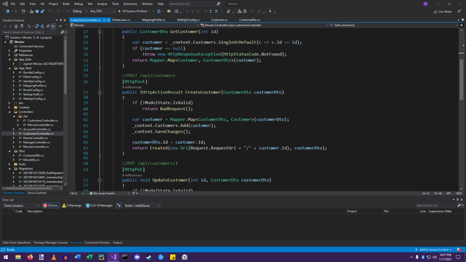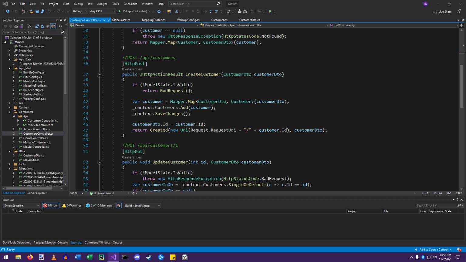We're wanting to permanently create this customer, so we take the DTO, map it to the actual, like, real customer that we use, and then we add them and save the changes. Then we return to them the URL of whatever the new customer that was just created,